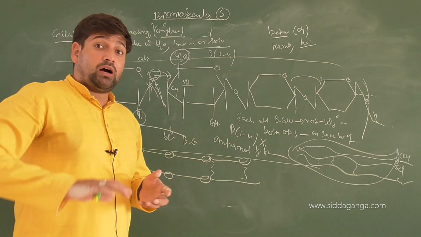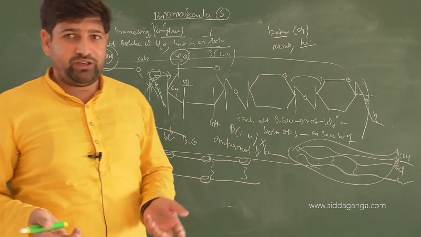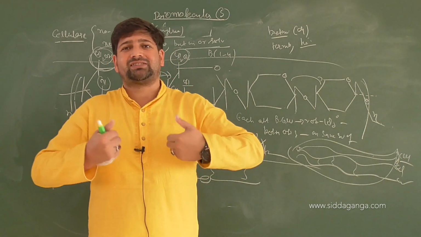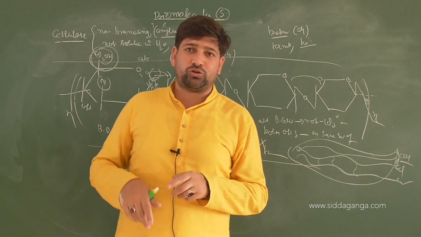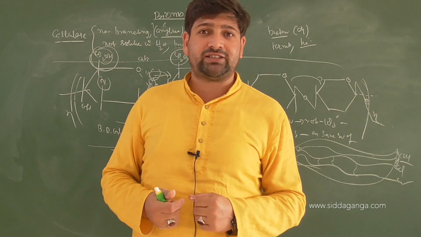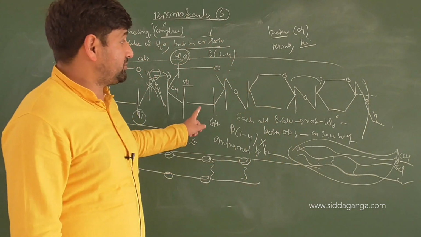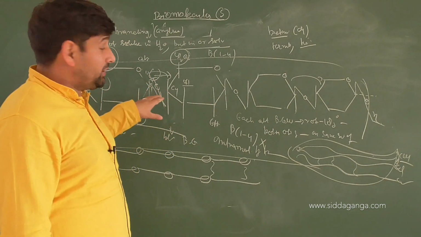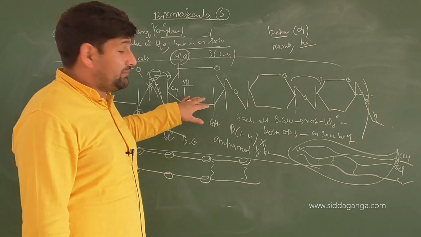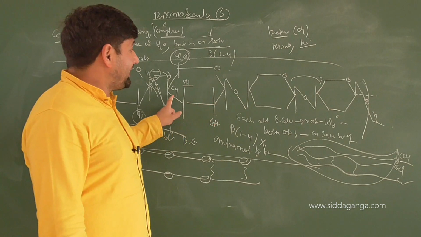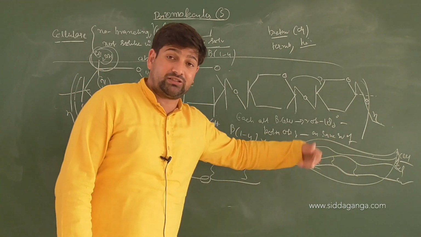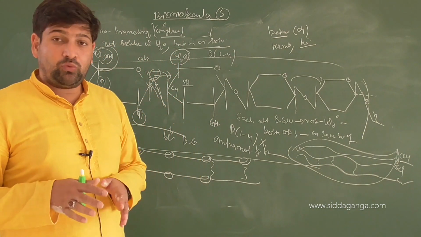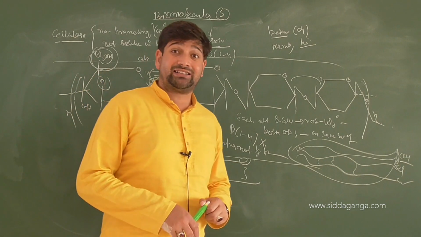Because of this alternate twisting, children, if you have two ropes, you can pull the ropes apart very easily. Somehow you may be able to cut it. But if you twist those ropes with each other, what will happen to the tensile strength? It will be extremely high. This is what happens to cellulose. Due to this different type of bonding, which is the beta-1,4 link, it becomes highly strong. The tensile strength of the cellulose molecule is higher, and that is one of the fundamental reasons why cellulose is used as an important structural feature.